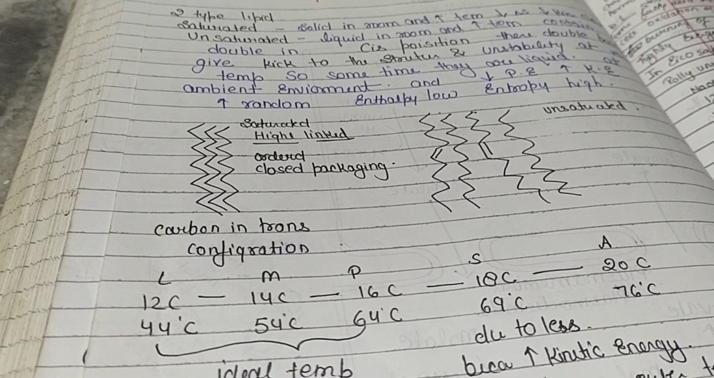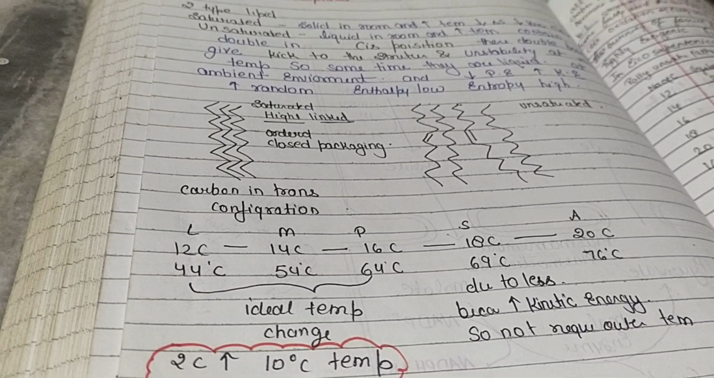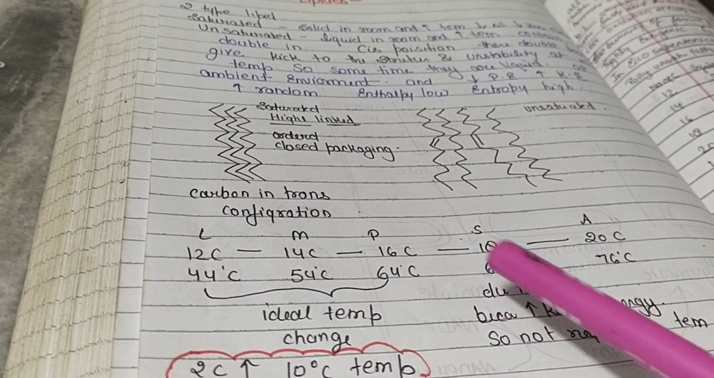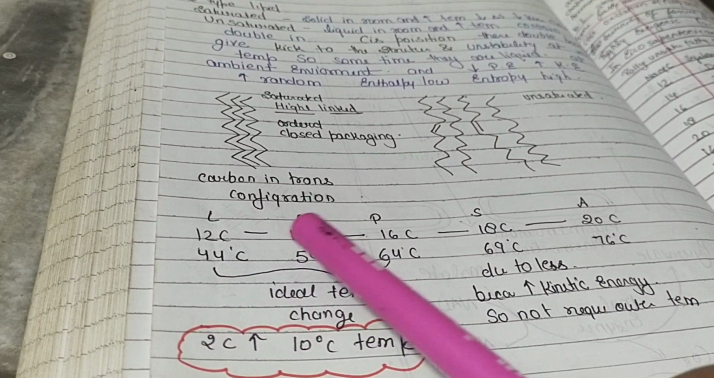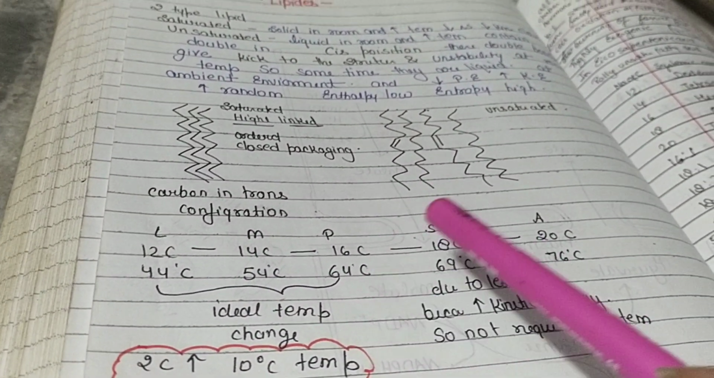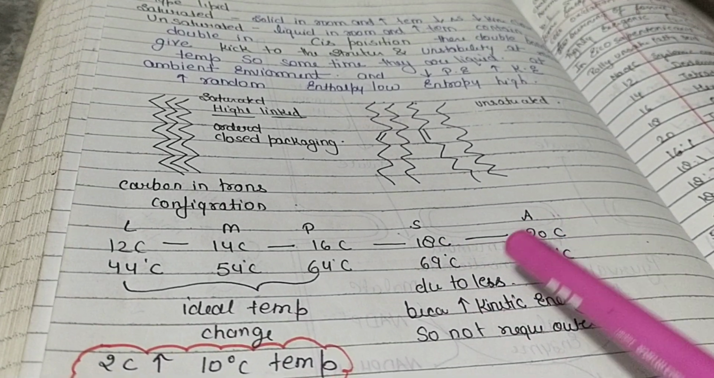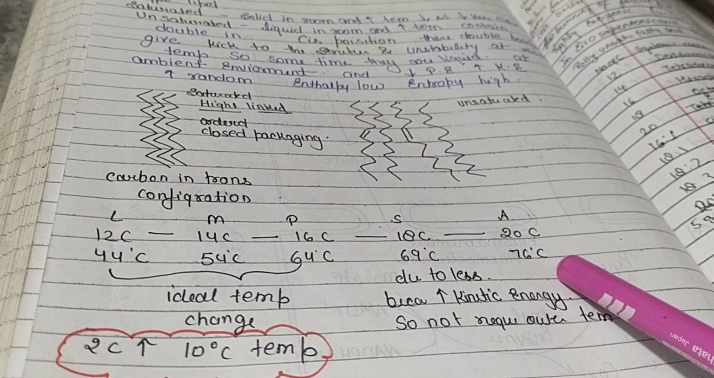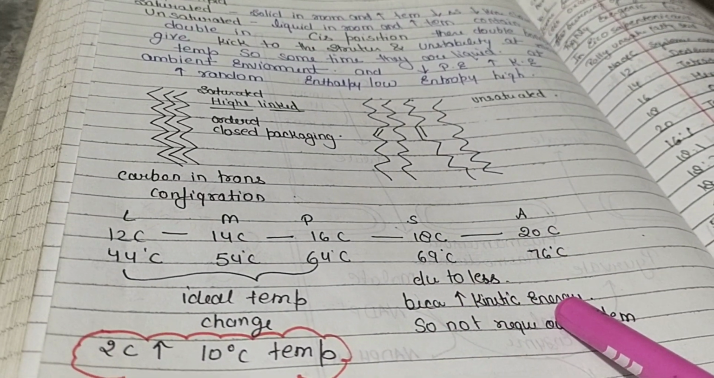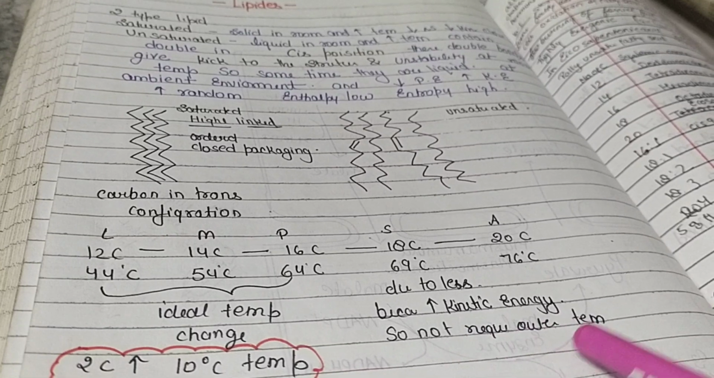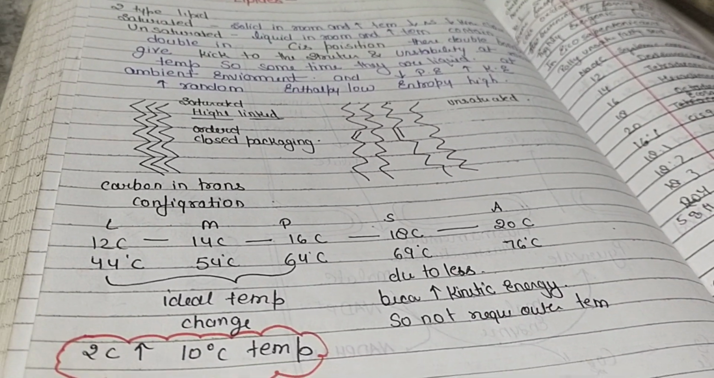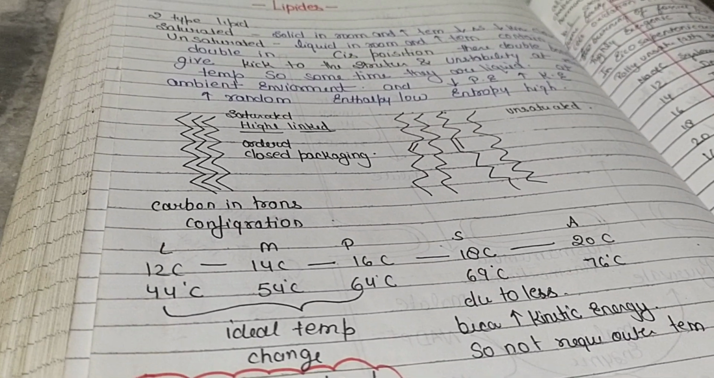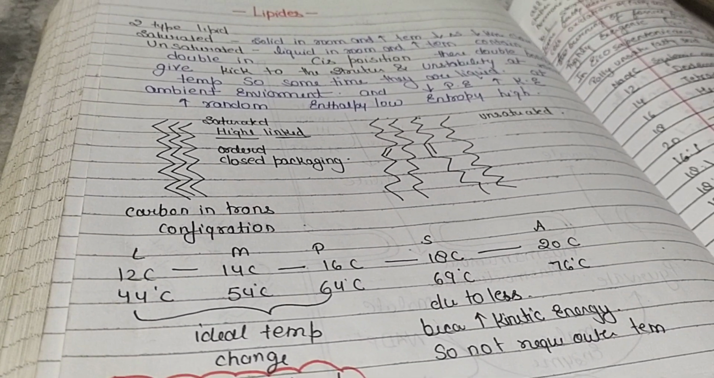Its melting temperature is 76, and it contains a 20 carbon chain. Due to high kinetic energy, it does not require outer temperature. Here you see that in all these three there is a 10 degree difference in temperature, but after that, when the number of carbons increases, the temperature difference reduces. Why? Because due to high kinetic energy, it does not require outer temperature; its own energy is quite stable to melt it. Because of the high kinetic energy, low potential energy, high enthalpy, and we know that kinetic energy and